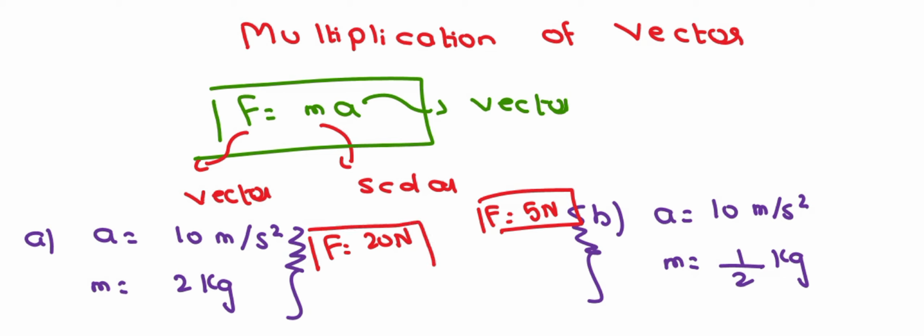So this may conclude that if a whole number other than 0 is multiplied with a vector quantity, the magnitude of the vector increases. Look at example number 1. And again, if a fraction number is multiplied with a vector quantity, the magnitude of the vector decreases. Look at the second example.